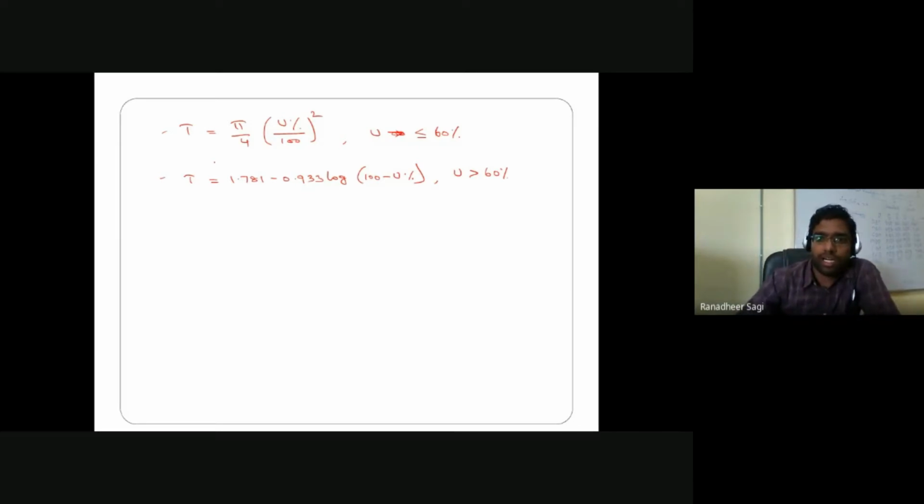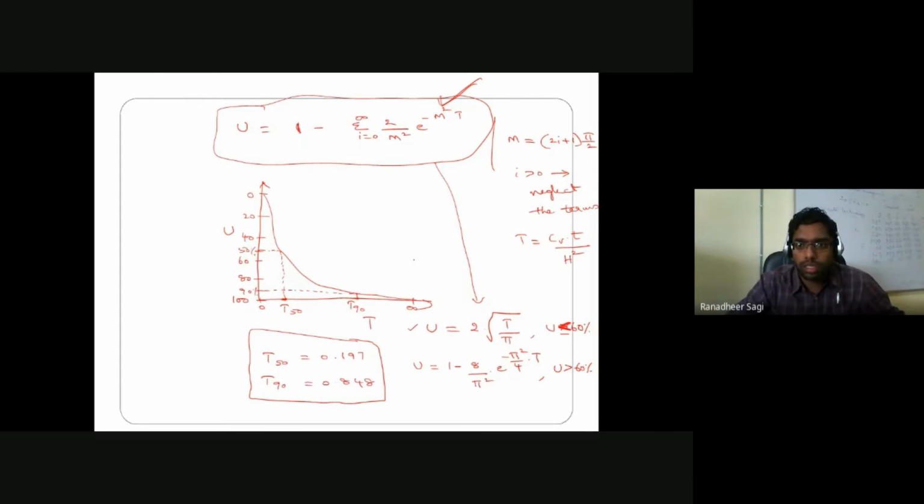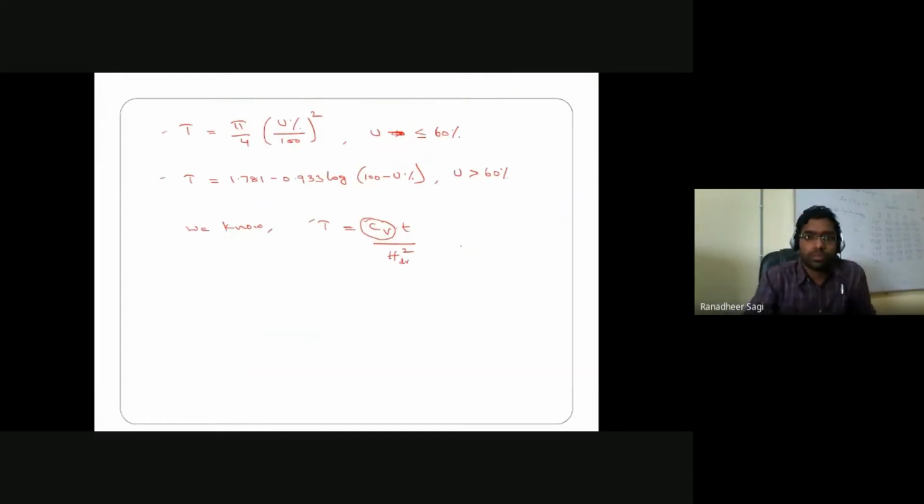Because if you can recall, we know the time factor is what we write as Cv into t by H square. Here somewhere also I wrote it. Yeah, here also. Yeah, right. So this is how we write it. Now our ultimate objective is to calculate the other parameter which I said, the compressibility characteristics of the soil. Earlier I talked about some of the compressibility characteristics like Cc, Cs, av, mv, pre-consolidation pressure, or the maximum past pressure the soil has been subjected to.